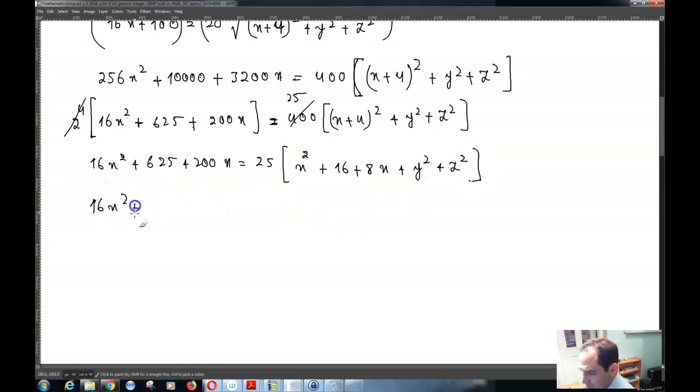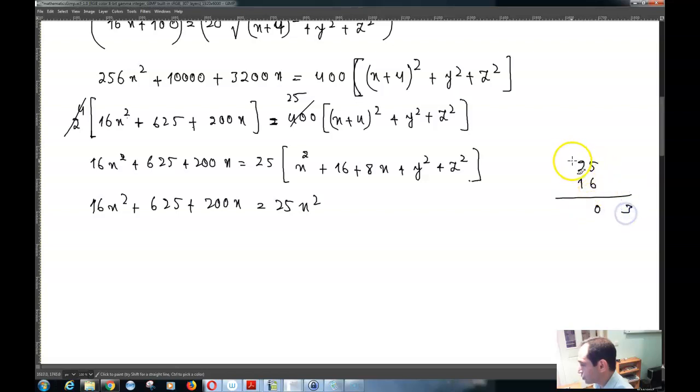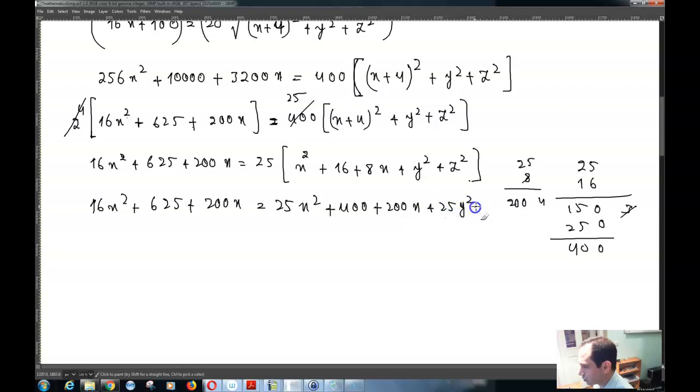So 16x squared plus 625 plus 200x is equal to 25x squared, and 25 times 16 is equal to 400. 25 times 8 is equal to 200, plus 200x plus 25y squared plus 25z squared,